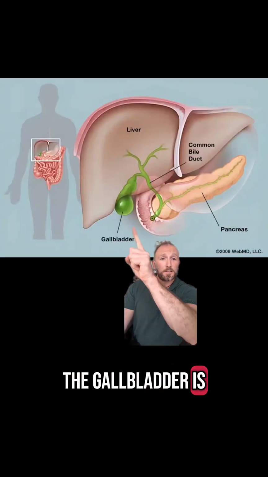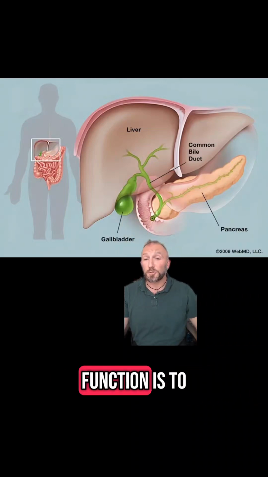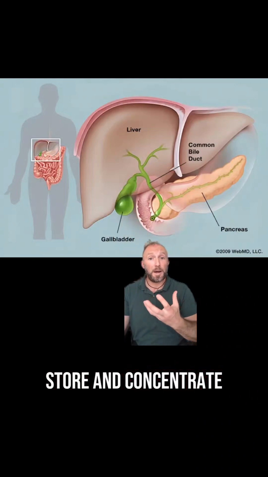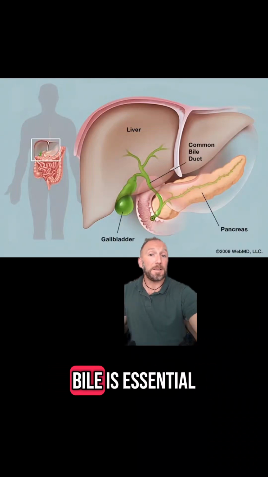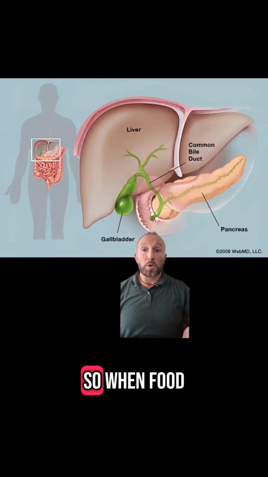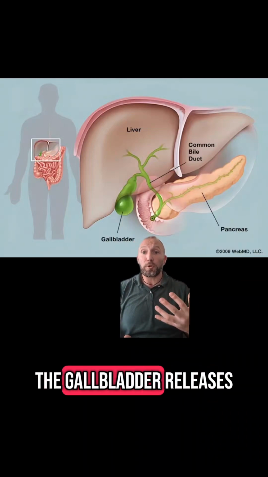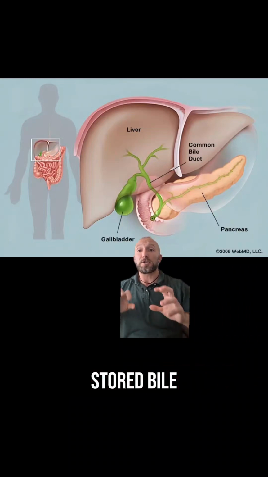The gallbladder is this little tiny organ that lies underneath the liver, and its main function is to store and concentrate bile made from the liver. Bile is essential for digesting fats in the small intestine. So when food, especially fatty food, enters the small intestine, the gallbladder releases stored bile to actually help break down